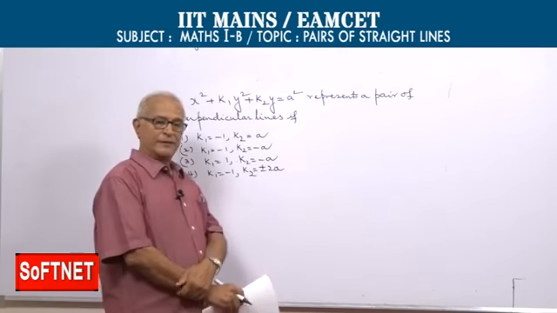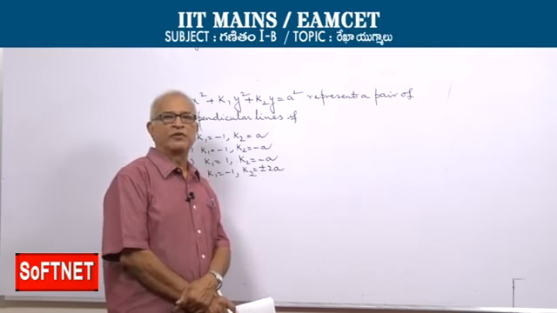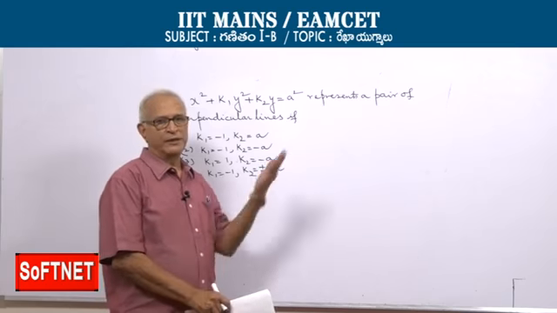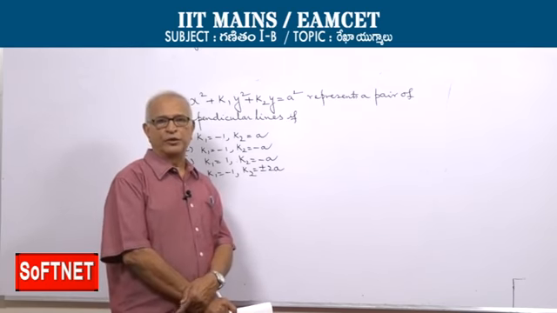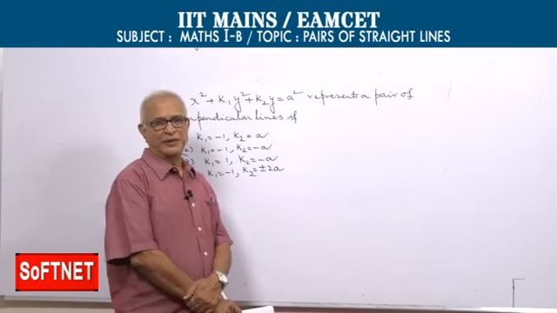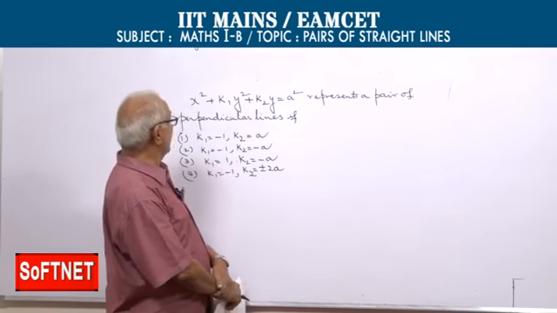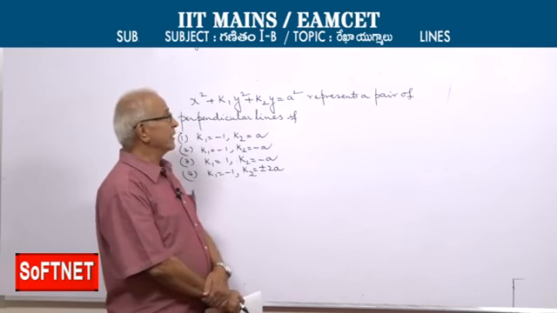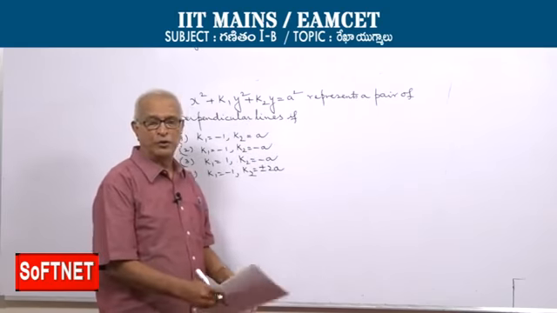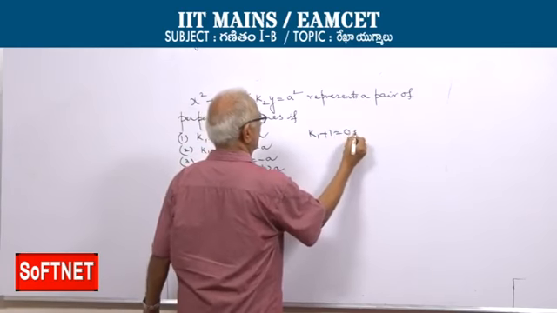Well, one method is, this is not a homogeneous equation. This is a general equation. This is in the form of the general equation of second degree in x and y with some of the coefficients 0. So you can apply the condition that the determinant AB is AHG, HBF, GFC equal to 0, and find the values of K1 and K2. For example, for determining K1, you don't require that, because the lines are perpendicular, the sum of the coefficients of x square and y square is 0. That means K1 plus 1 is 0, or K1 equal to minus 1.